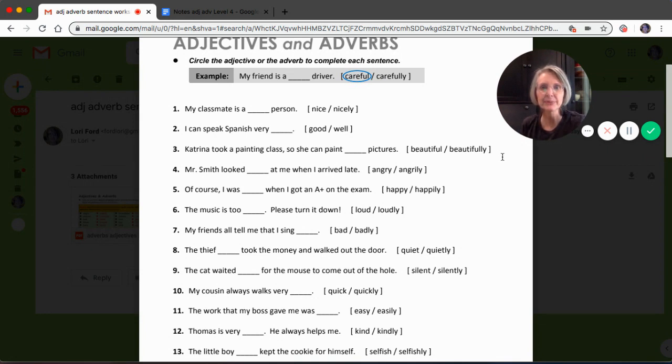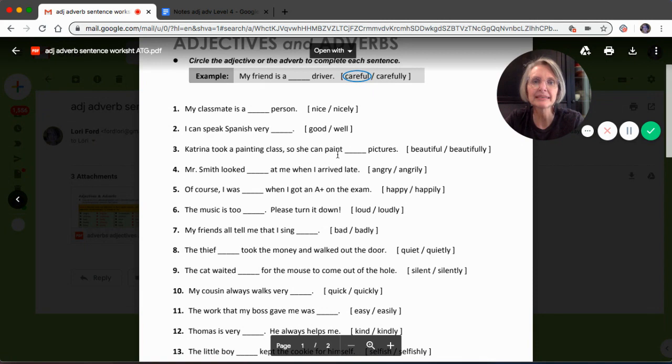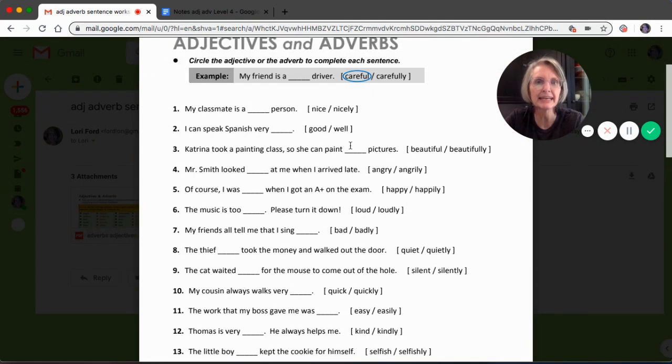Okay, let's look at number 3. Katrina took a painting class. So this one has 2 clauses, okay? So it's got a clause separated by a comma. So they give you some information. She took a painting class, so she can paint. So now we're talking about how she paints. So she can paint. Well, actually, it's not about how she paints. She can paint. Remember, it said sometimes the